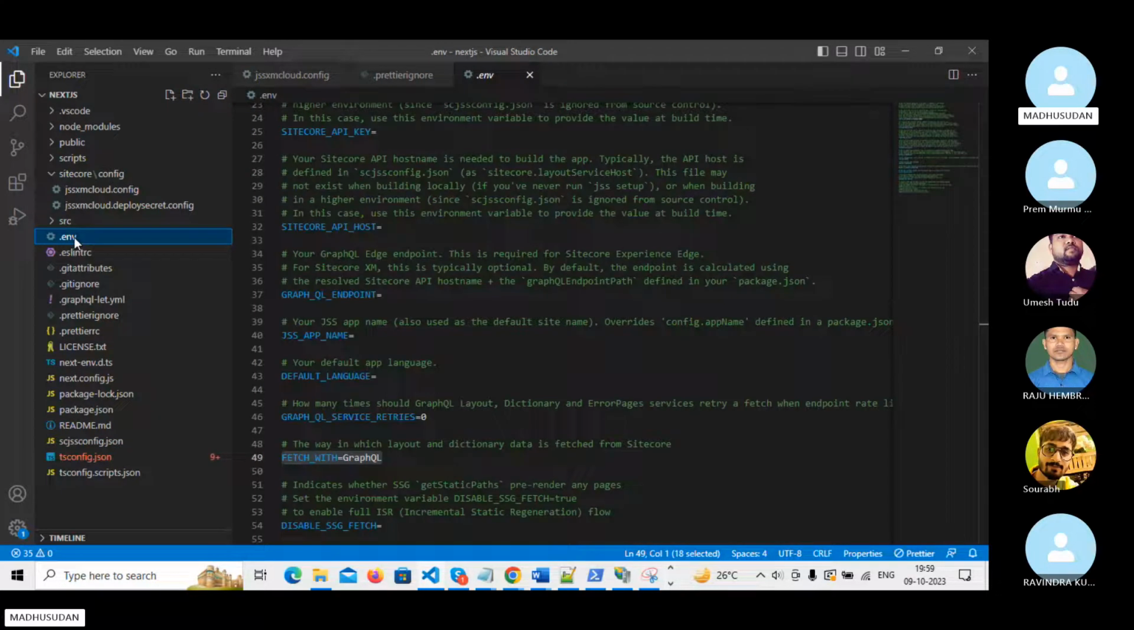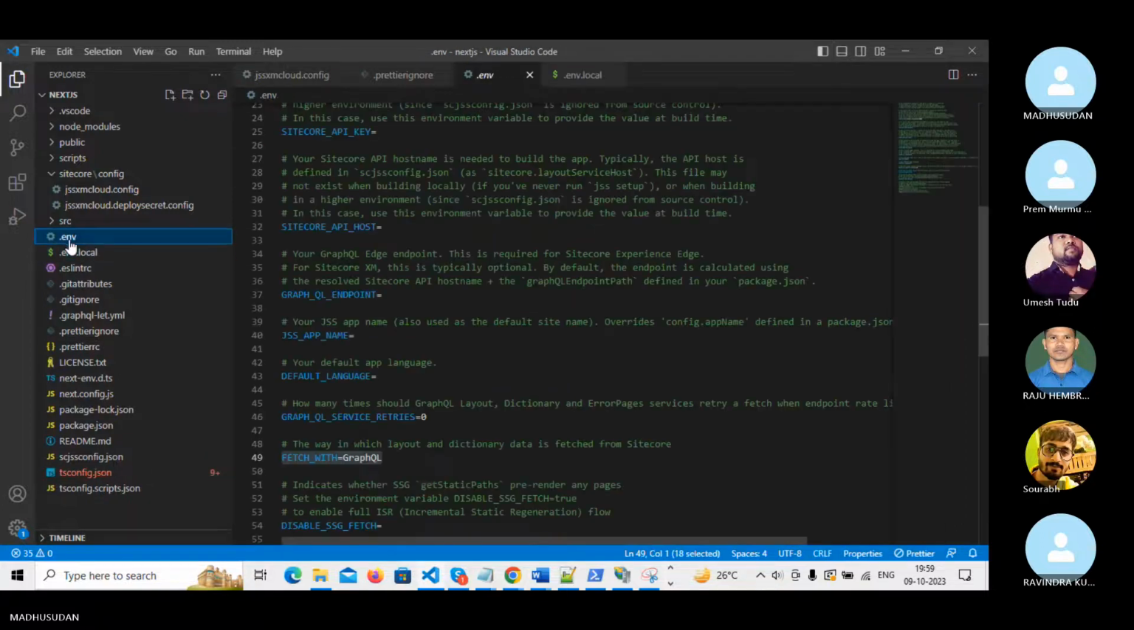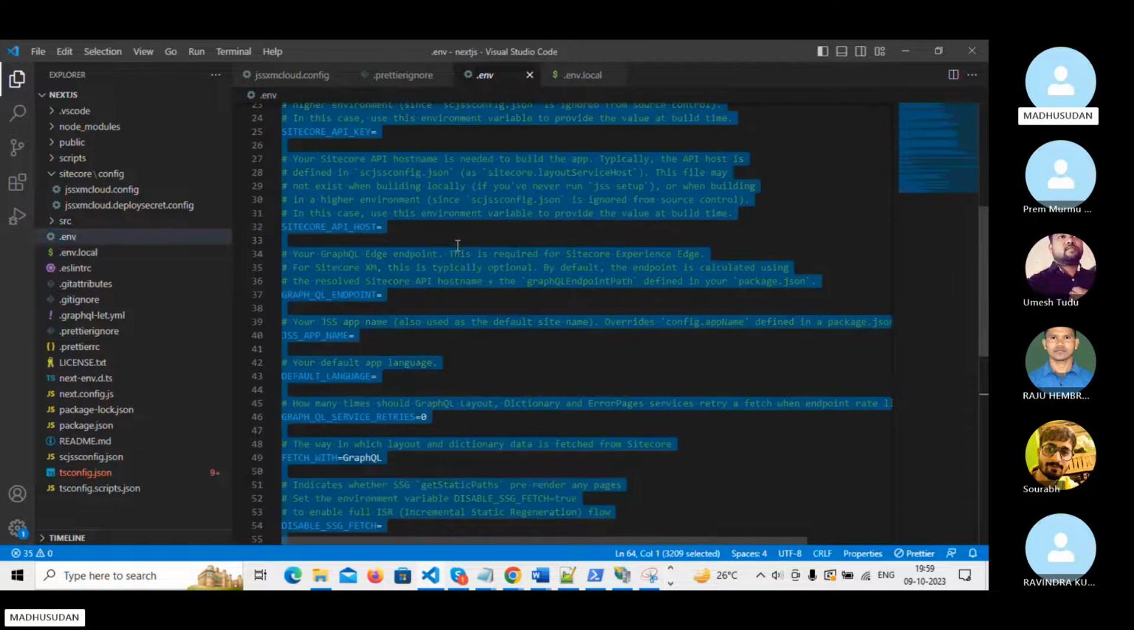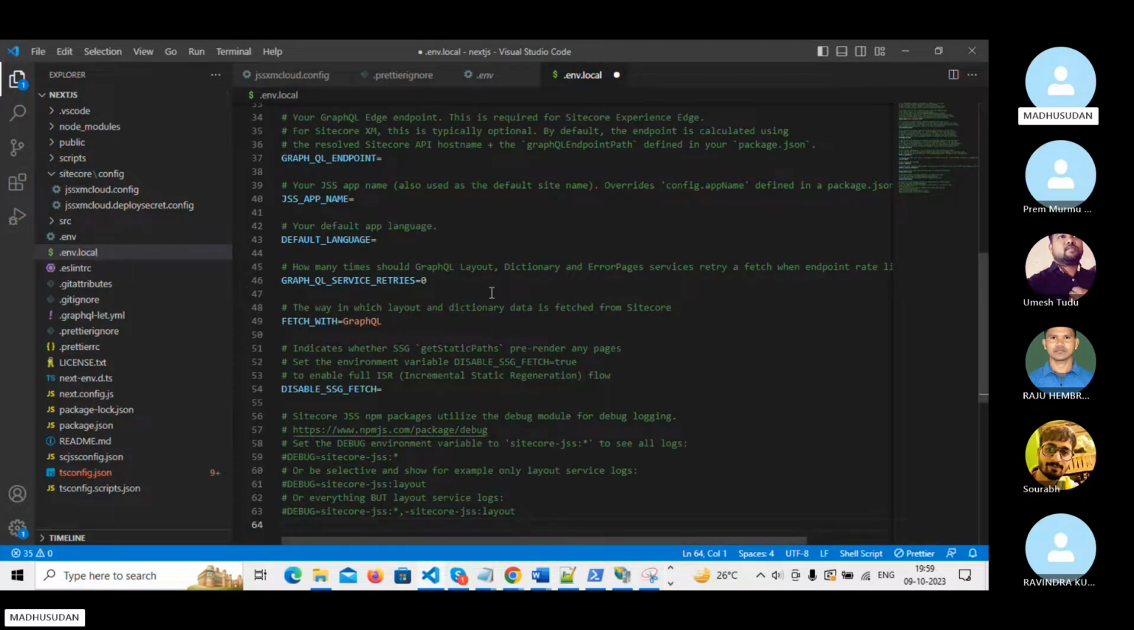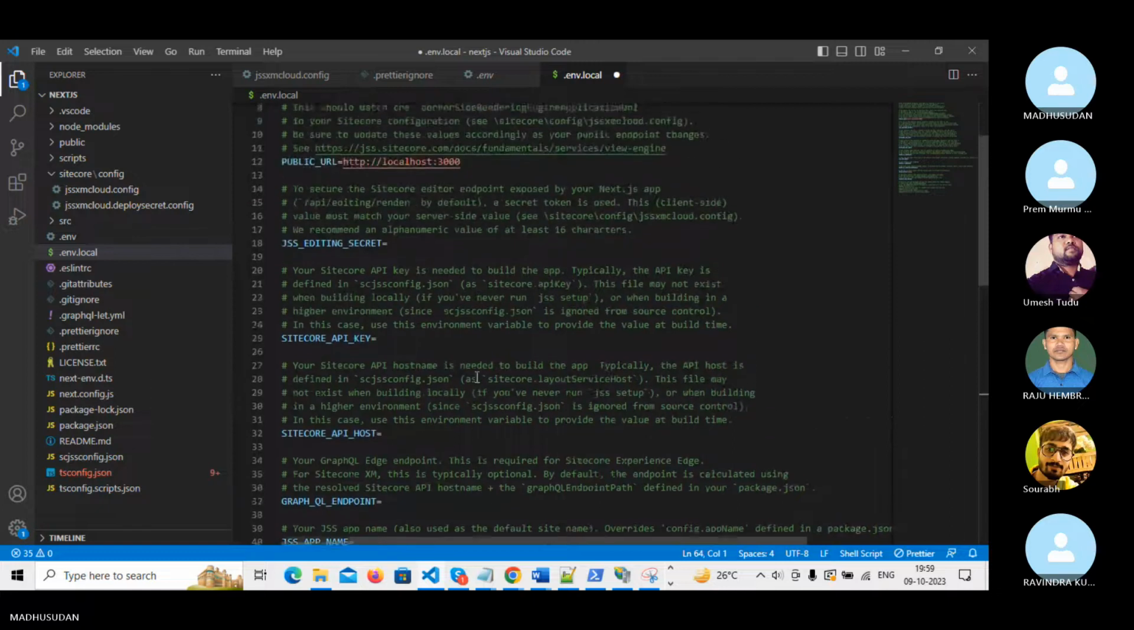first of all, copy this, and we can paste it here, or maybe we can create a new one, .env.local. We can copy the same thing and paste it into it. So .env.local only works for the development. Okay, so